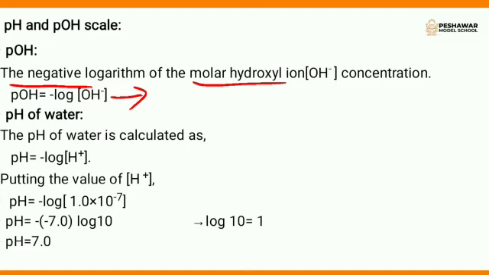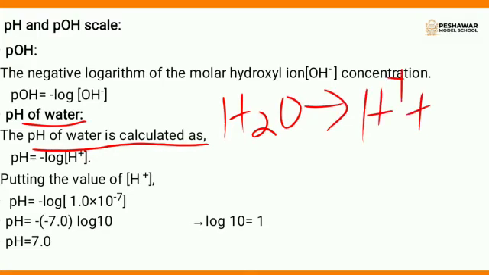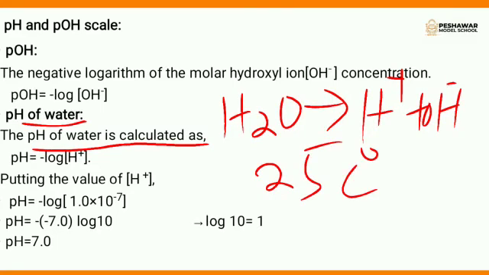How will we measure the pH and pOH of a solution? First, we will determine the pH of water. The pH of water is calculated as pH equals minus log hydrogen ion concentration. As you know, water is slightly ionized into hydrogen ions plus hydroxyl ions. At 25 degrees, meaning room temperature, the concentration of hydrogen ion is equal to